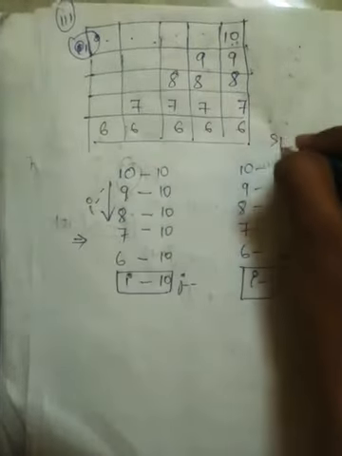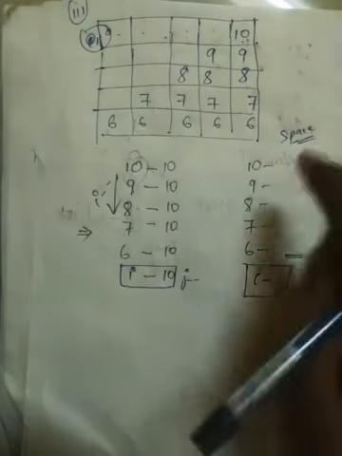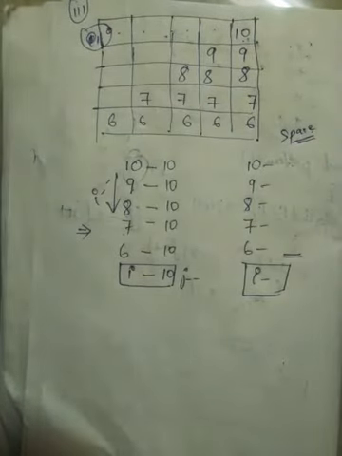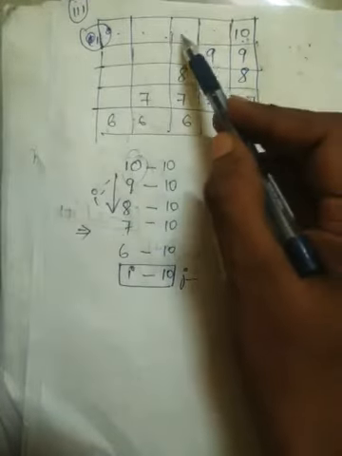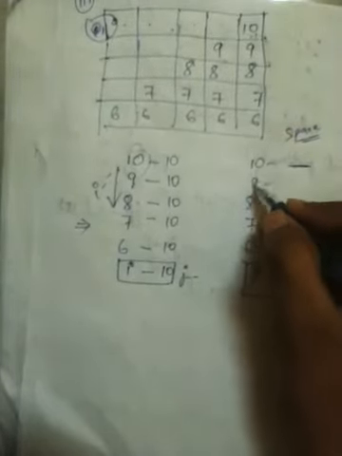Space loop. We need to know where I need to put the value, whether in the first or in the last. That depends upon the number of spaces, where we have the maximum number of spaces. In the first line, how many spaces? 1, 2, 3, 4. So we have to put the fourth value in the first line. What is the first to put? 1, 2, 3, 4. 7 we have, we'll put 7 here.